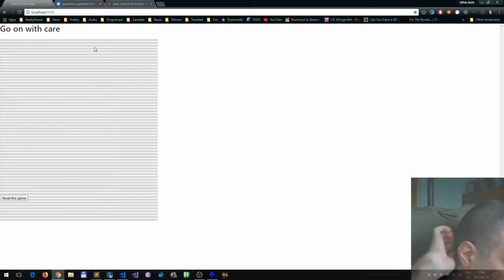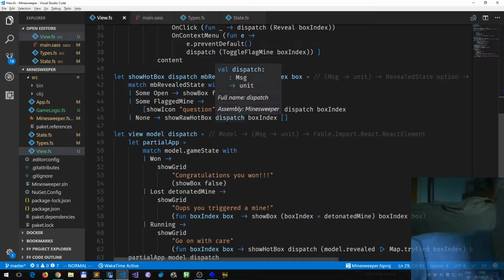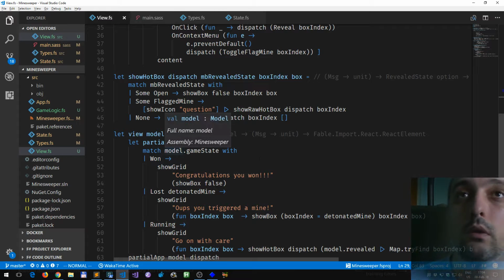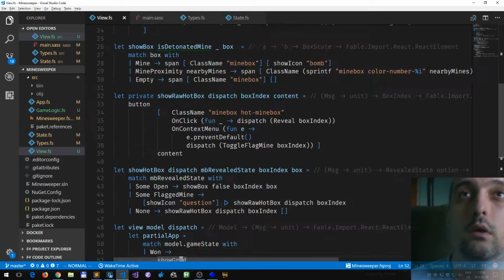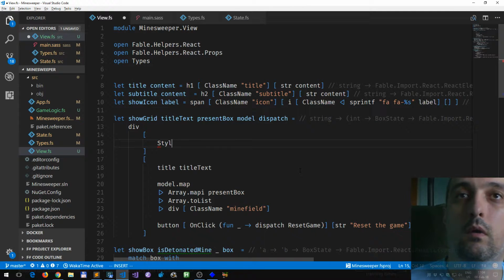Oh, I forgot to put the grid templates. Okay, I need to show the grid. And that show the grid needs to add something. Style